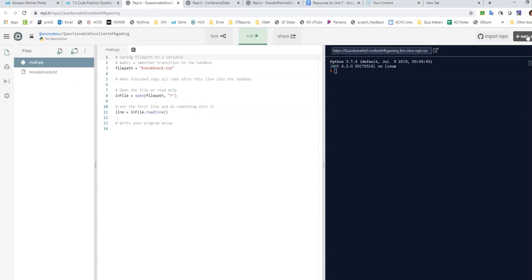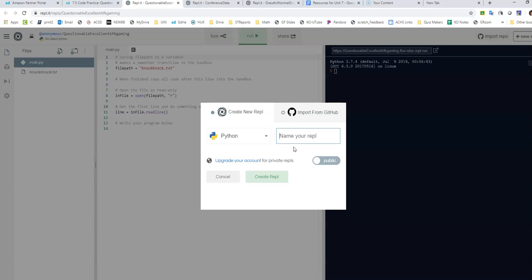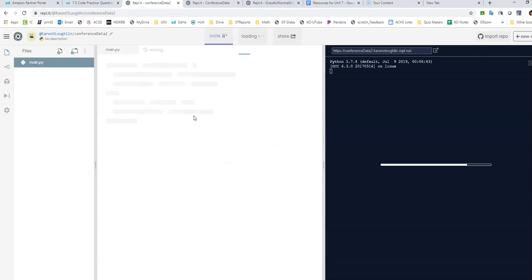So I'm going to go over here and create a new replit. And I want to mimic this idea with the knock-knock joke. And I want to create it in Python. I'm going to name it conference data 2 because I already have one existing and I don't know what it's going to do if I named it the same. And please notice that you can actually use GitHub on some of this here. That's actually a useful resource to start to learn to using things. And so we have our new environment here, and we have to start from scratch.